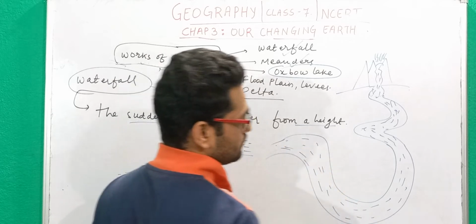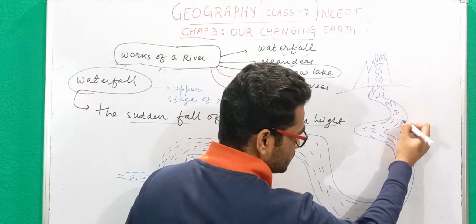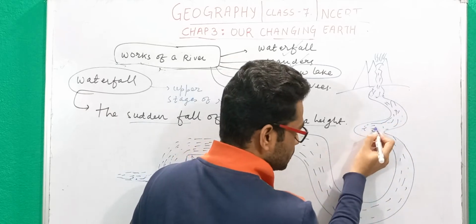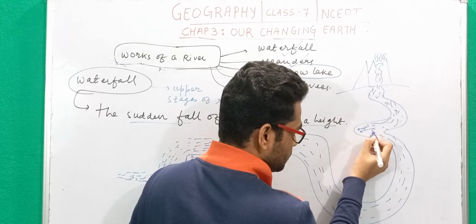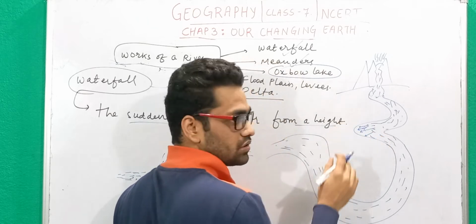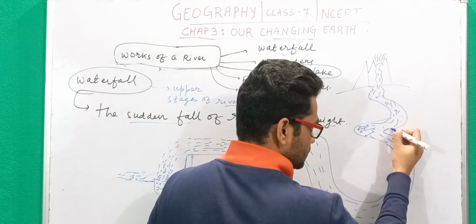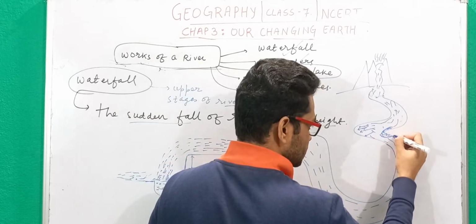What will happen is that when waters are coming, they have a great amount of sediments with them, so this water will strike this coast, and over a period of time the deposits are getting accumulated here,